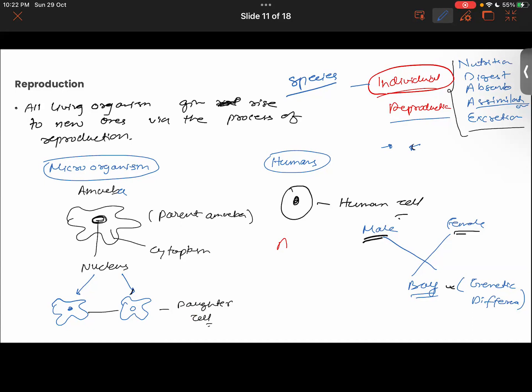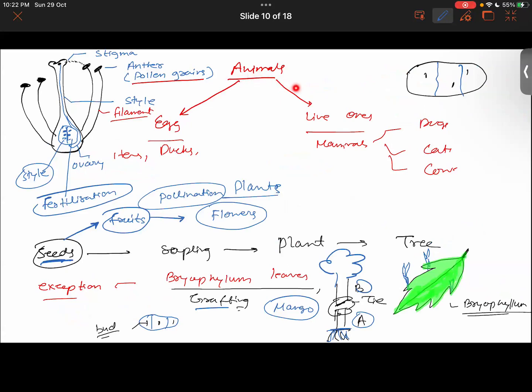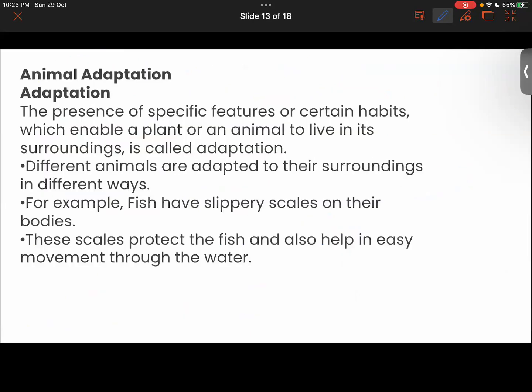Okay, after that you will define a little bit about reproduction in other animals, like those that lay eggs and those that give birth to live young. Oviparous and viviparous animals are there. Then you will talk a bit about reproduction in plants, where you will explain how pollination converts flowers into fruits, and seeds take part in reproduction. And then you will say there are exceptions also, like Bryophyllum leaves, or grafting, where new plants can grow without the help of seeds. With this much discussion, I think we are good to move ahead in the class,